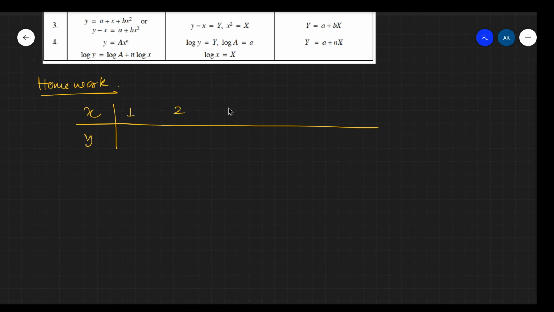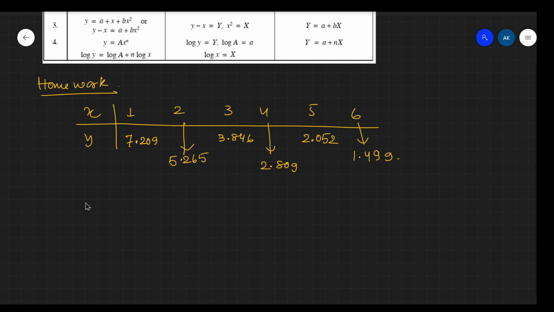When x is 1, 2, 3, 4, 5, 6, the y values are 7.209, 5.265, 3.846, 2.809, 2.052, and 1.499. So you fit the curve